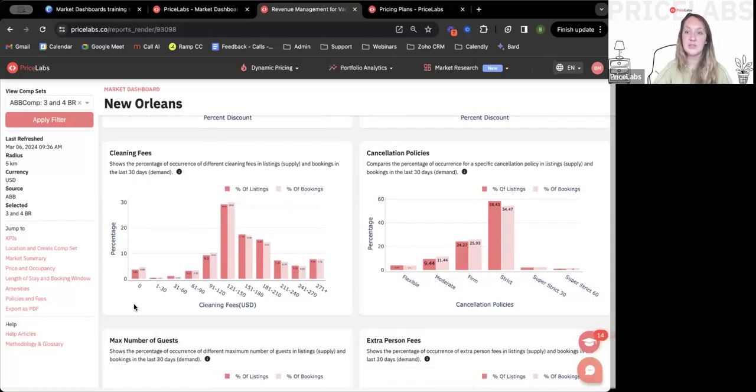Basically, the same thing as before. The dark bar is the percentage of listings in the market with that category of fee. And then the light pink is the percentage of bookings that are coming in for that category. Now, I think this is a pretty good chart to explain what I was saying before, right? So you'll see for a cleaning fee of 91 to 120,